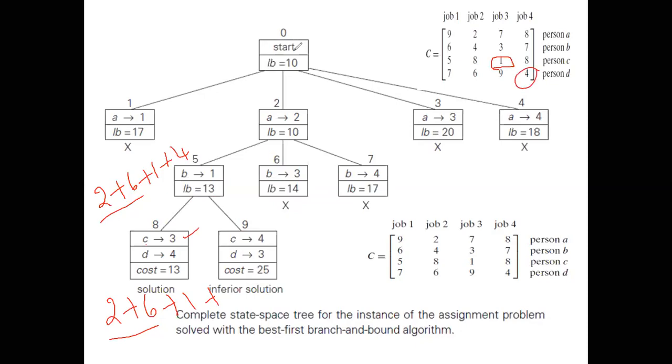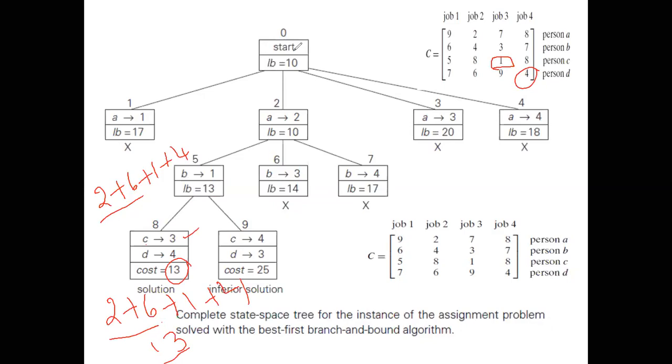Job 4 for person D is 4. What is the cost? 2 plus 6 plus 1 plus 4, it is 13. Correct? The total cost which you got is 13. So that is why it is written 13 over here. Clear? Fine. If I told there are two alternatives,